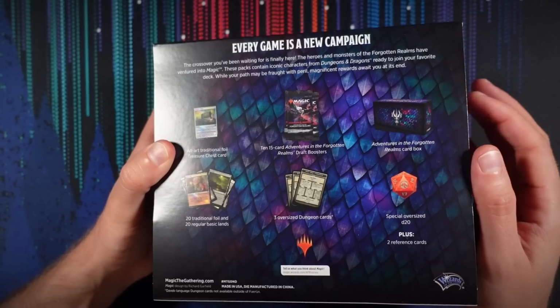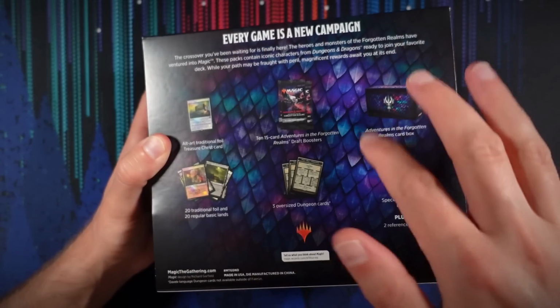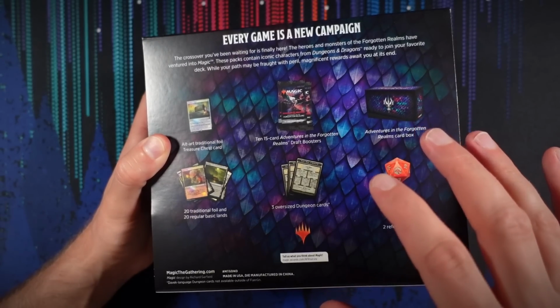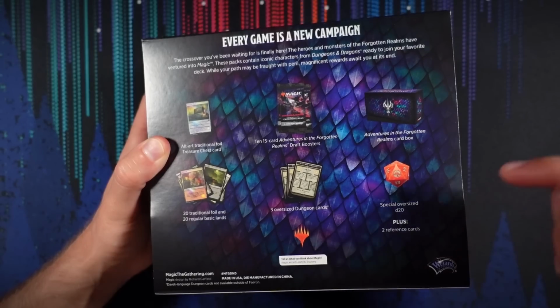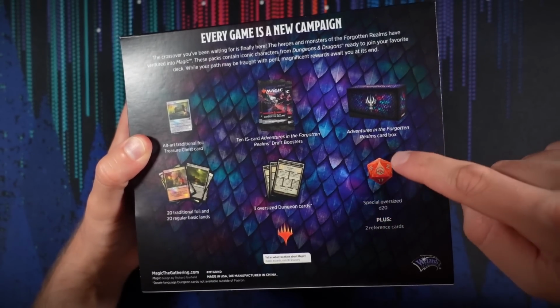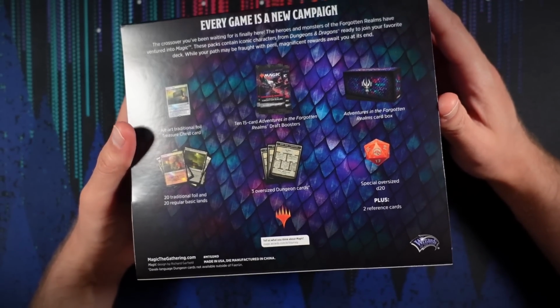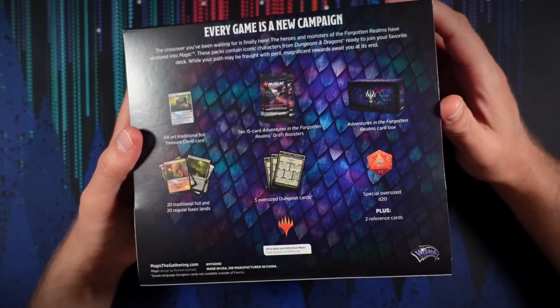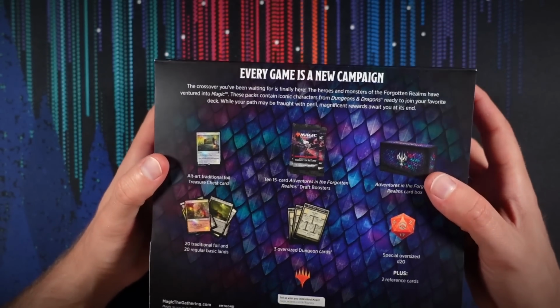This might be the most appropriate set for the D20. Normally these boxes come with the D20 anyway. They call it their spin down life counter. It's how you track your life in Magic. But yeah, obviously with the D&D crossover, it takes on even more significance, right? So, okay,